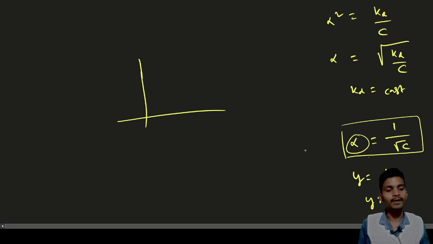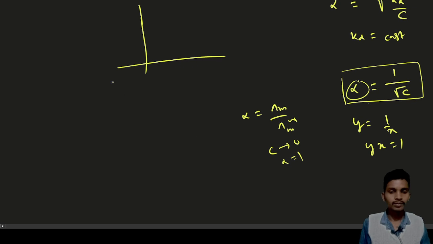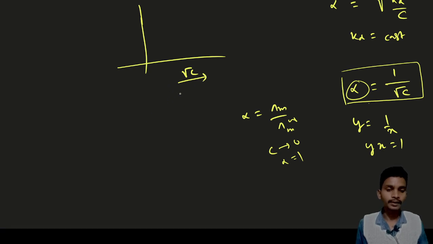Here, this alpha equals this upon this, and whenever C tends to 0, then alpha tends to 1. So if the molar conductance is increasing here and dilution is increasing here,